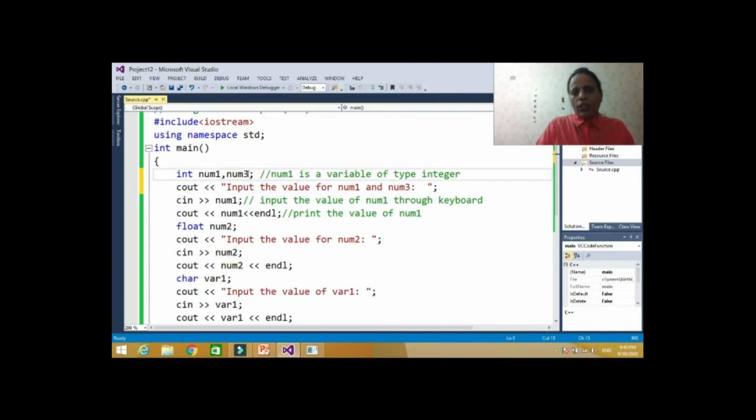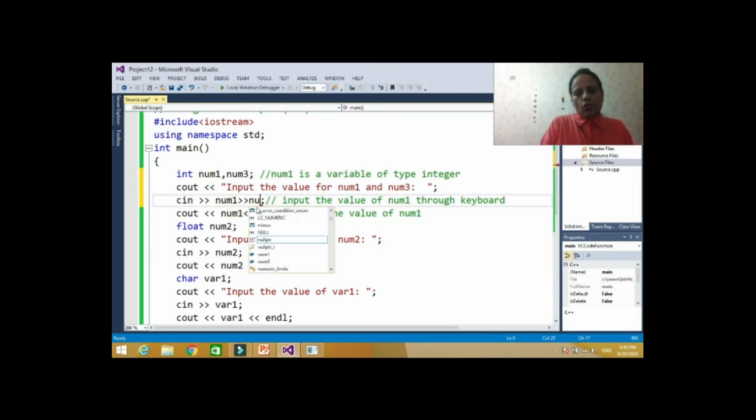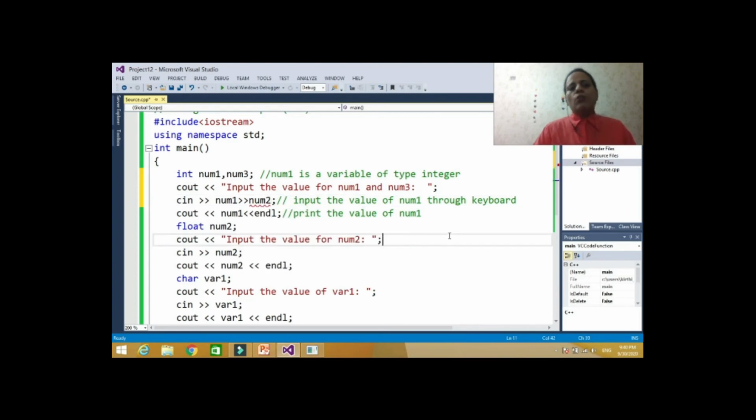We cannot have two variables with the same name. So here num1, and again with the stream extraction operator I can write another variable, num3. Whatever value I enter first will go to num1, and whatever value I enter second will go to num3.